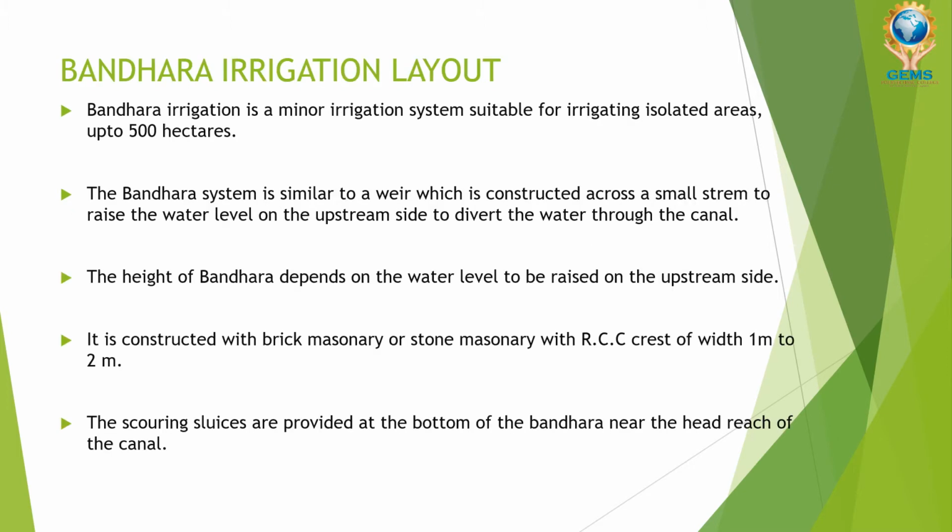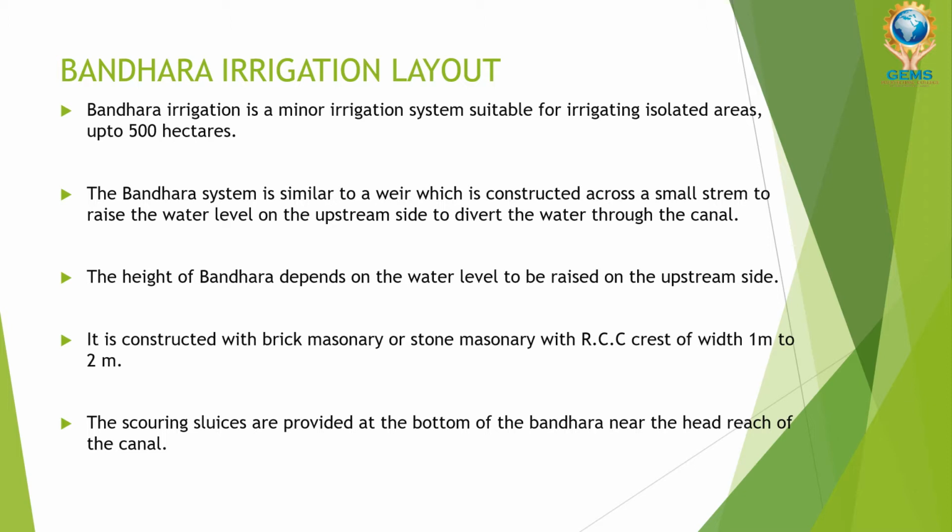The Bandra irrigation layout is nothing but, in Hindi, you know what a Band is. Like a band construction, they do it to irrigate the lands which are present across the reservoir. The reservoir is flowing through the lands near the agricultural land, which should be irrigated, so these bunds will be constructed. In English it is mentioned as Bandra. Okay, Bandra irrigation layout. This Bandra irrigation is a minor irrigation system which is suitable for irrigating isolated areas,